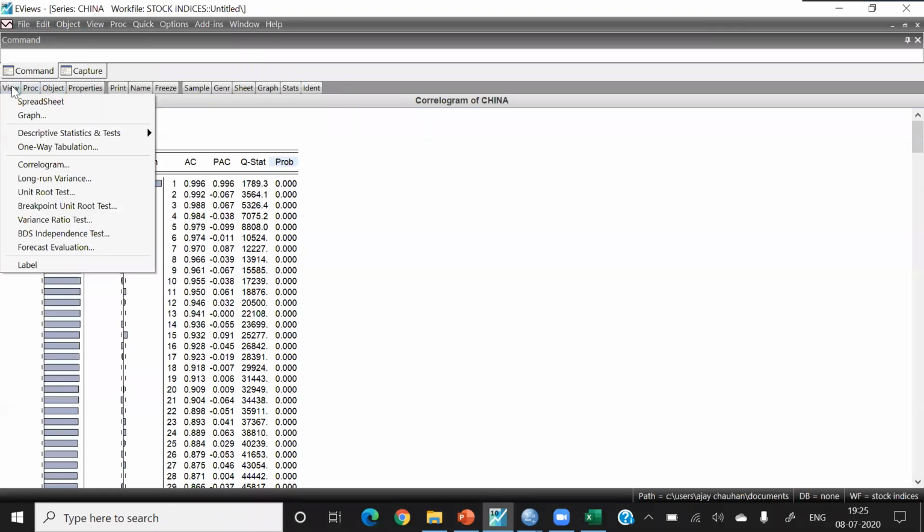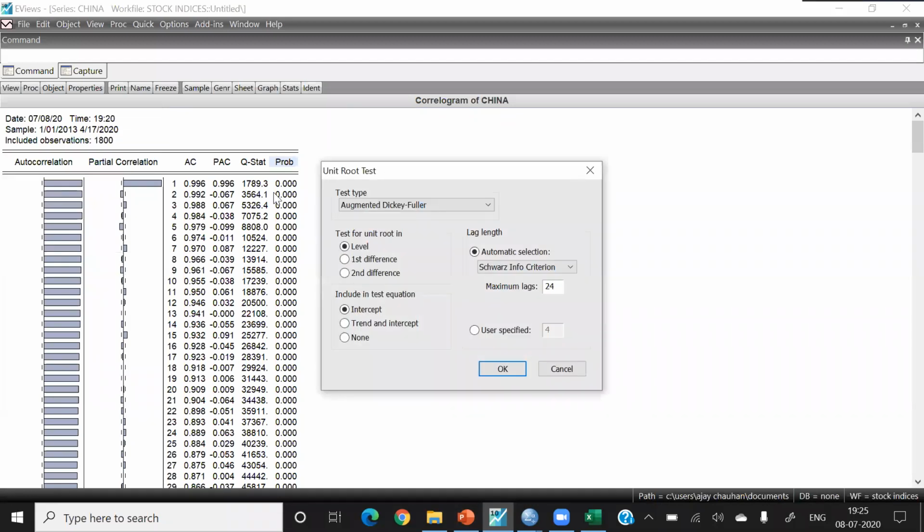Again, go to View. Now we have an option called Unit Root Test, and we have different tests here. You can see the Augmented Dickey-Fuller test, Phillips-Perron, KPSS, ERS, and Ng-Perron. The most popular test reported in research papers is the Augmented Dickey-Fuller test, and I want to apply the Augmented Dickey-Fuller